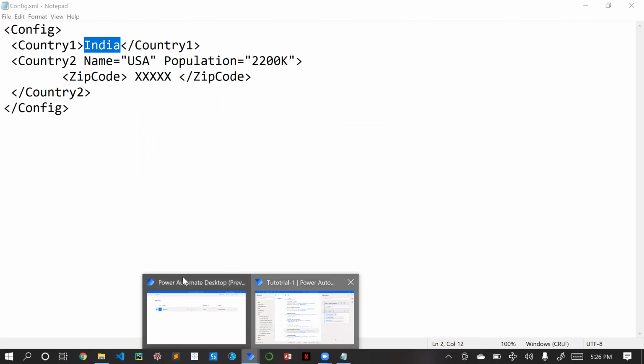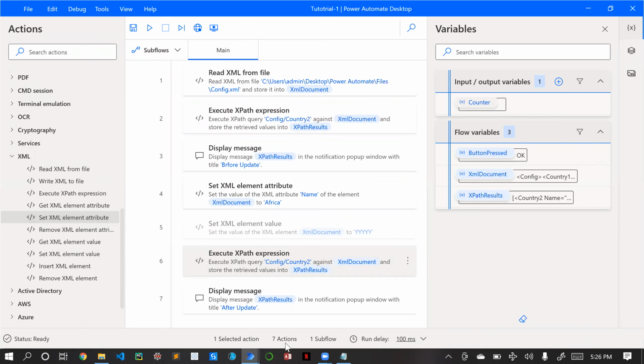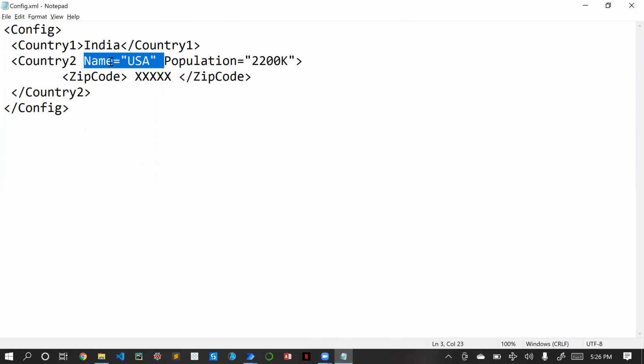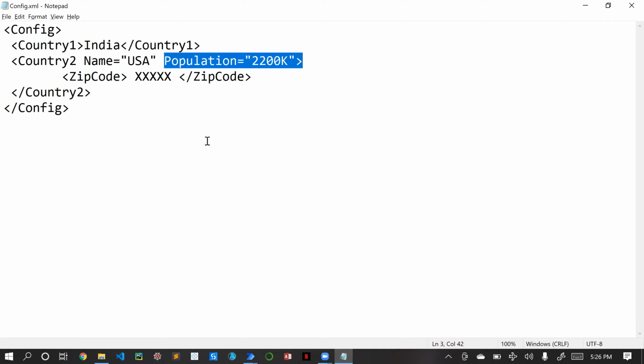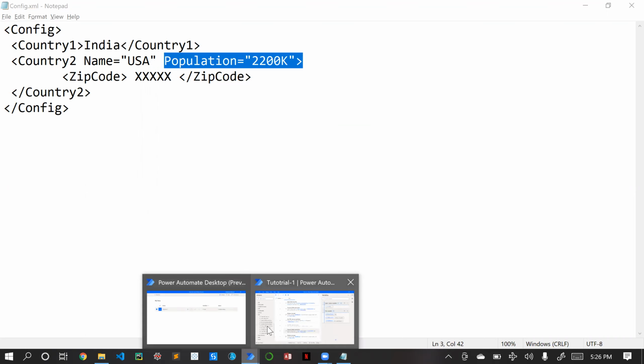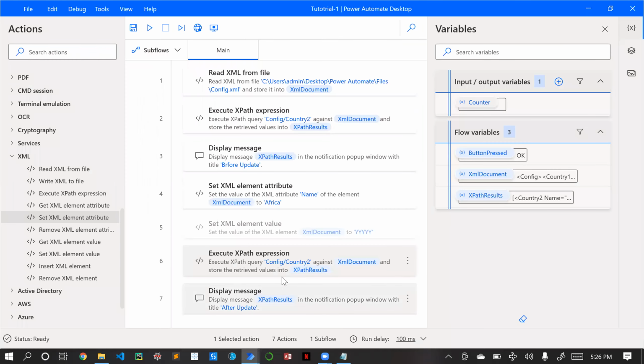The third thing is how to update an XML element attribute. Attributes are nothing but the fields which we have inside a tag. So these are the three important things to know about how to update the values in an XML file. In our next session, we will see how to insert, remove, and delete XML elements and attribute values. The next video will be the last video for the XML topic. Then we will move on to Excel manipulation, and then we will work on live problem statements.